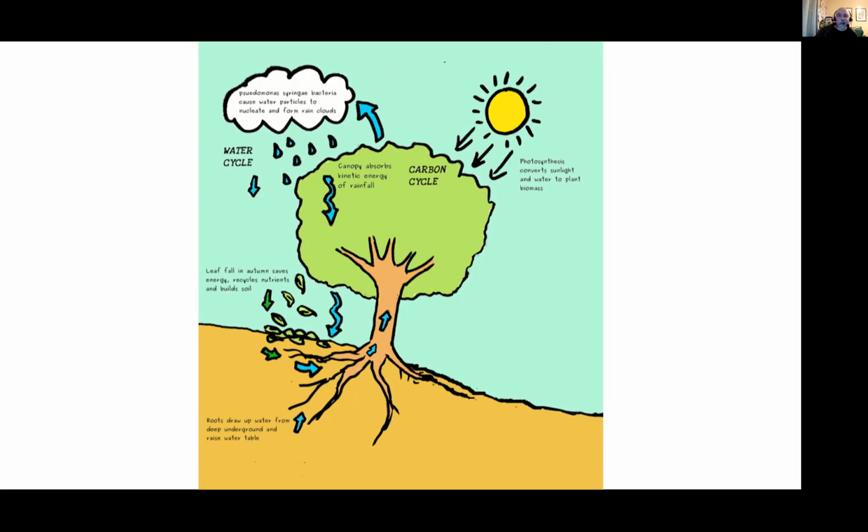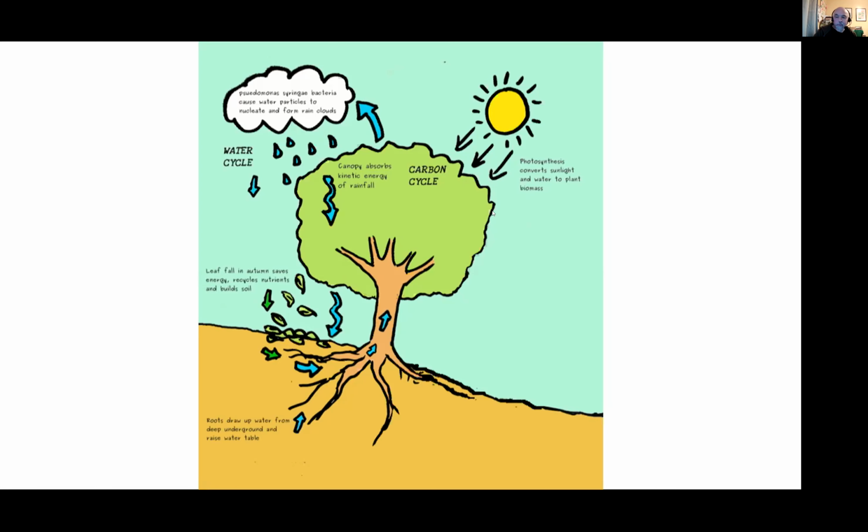So basically there's our sun shining there. The sunlight is hitting the leaf canopy, the surface of those hundreds of thousands of leaves, each of which is a little solar panel, and they're combining this water that the tree is drawing up with carbon dioxide from the atmosphere,